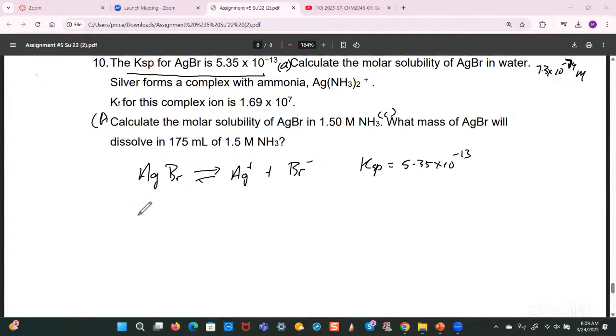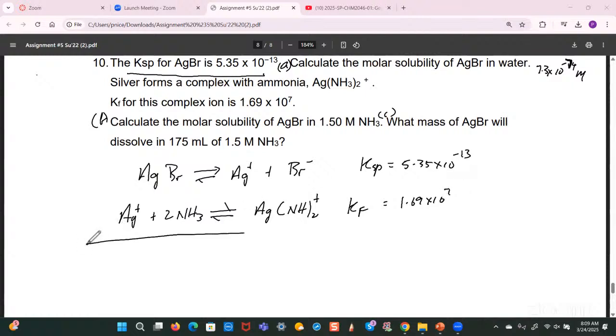right? And then now the silver ion here will react with ammonia, 2 moles of NH3 for every 1 mole of silver, to form the complex, which is Ag(NH3)2 plus. And the Kf value for that is 1.69 times 10 to the 7, all right? Now, if you add these 2 equations together,